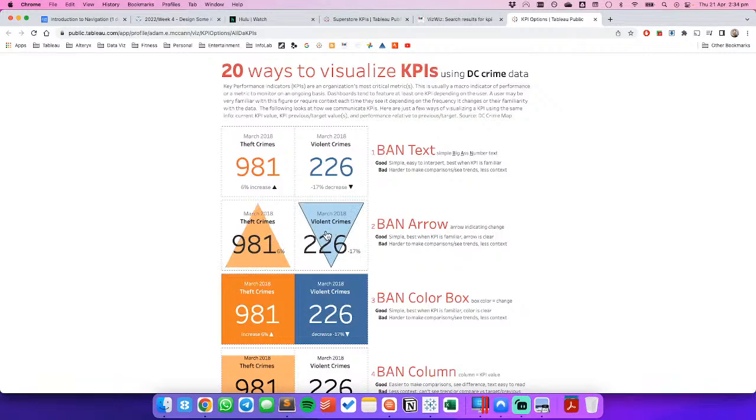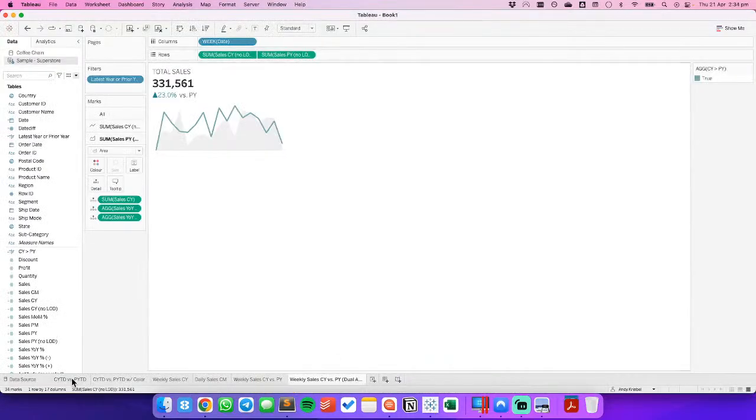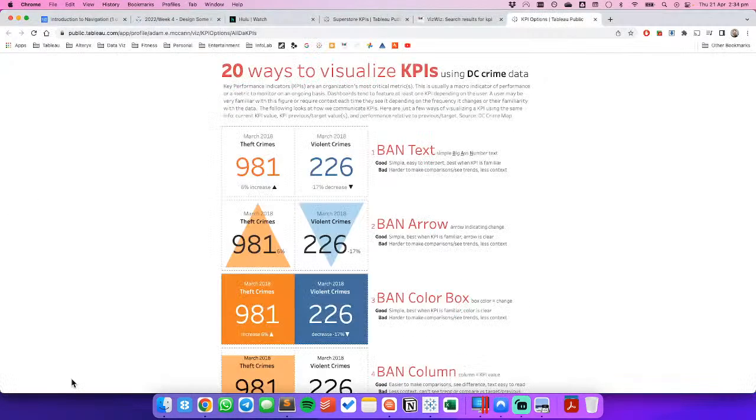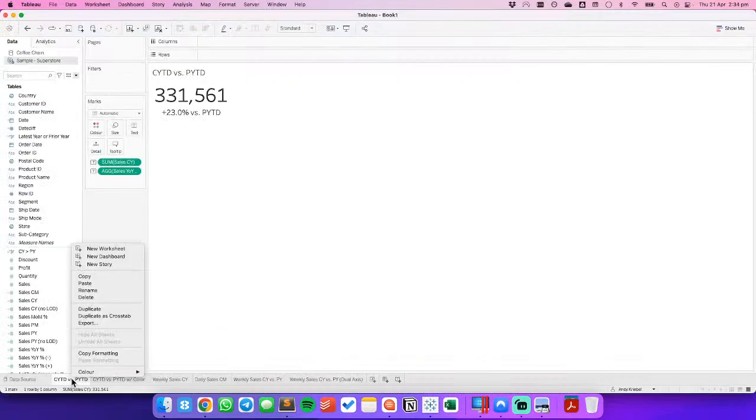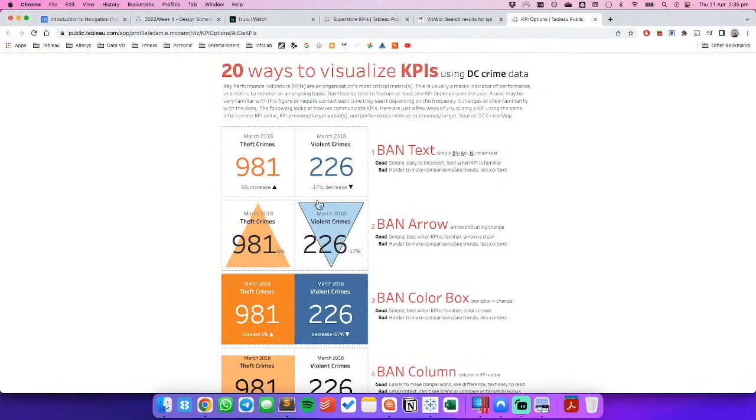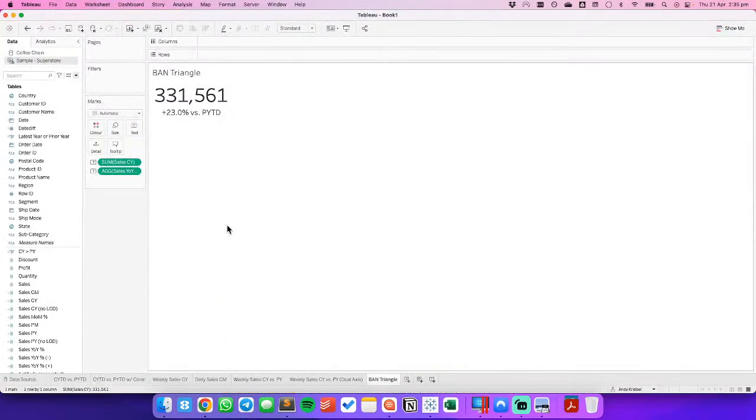We could put maybe big triangles behind them. So he calls that a ban arrow. So let's see. We could really just duplicate this sheet, and let's call this one ban, I'm not going to call it an arrow, I'm going to call it triangle. Okay, so